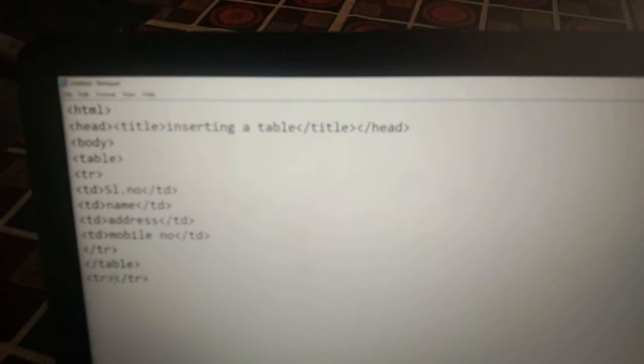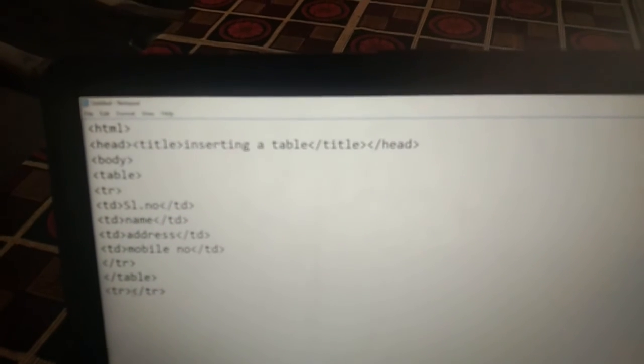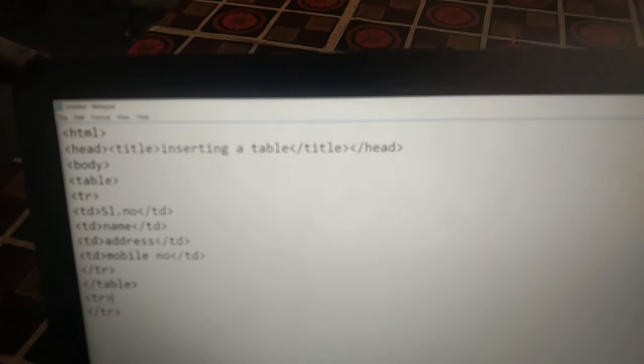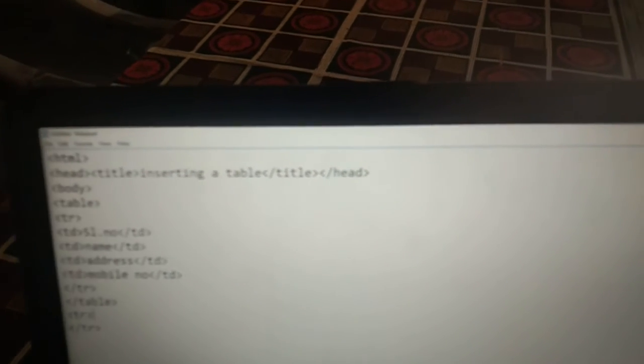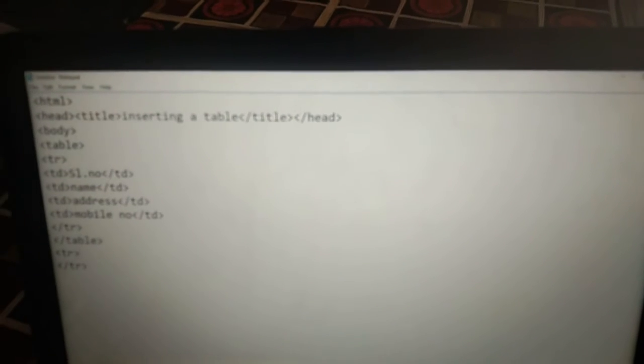Here also we follow the same process as we did in the table tag.